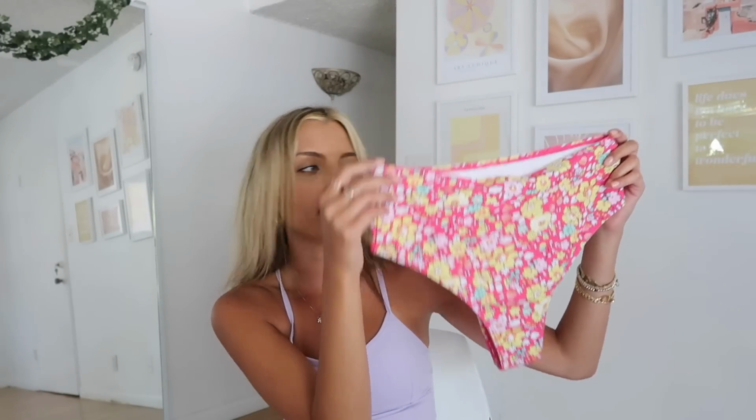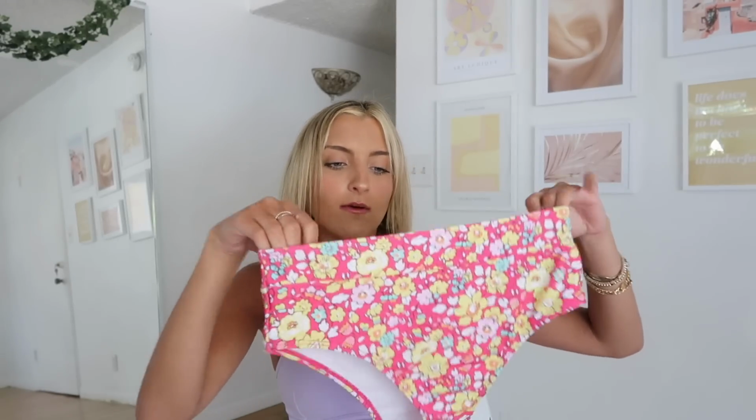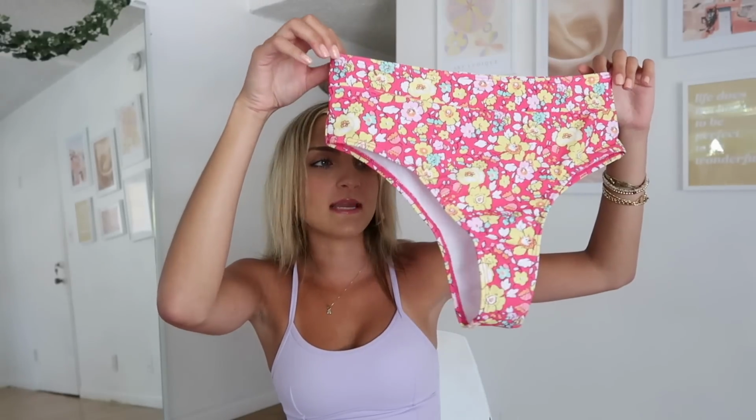You can kind of see just by me holding them up. So if you are in between sizes, I would definitely recommend going down in this. It's about the same amount of coverage in the front and along the back cheek-wise, but as you can see, it's a little bit thicker of a band, so it's not a super high-cut suit. You do have a lot of coverage throughout the midriff in general, and then the top, it just looks like